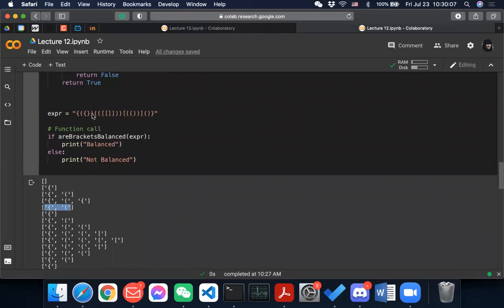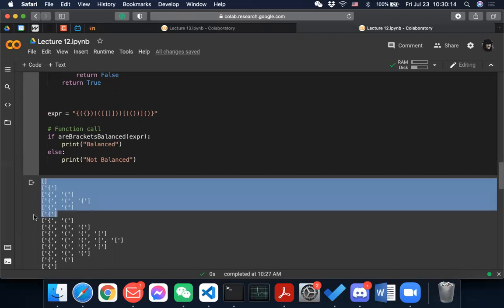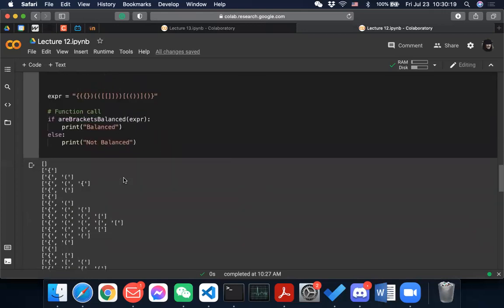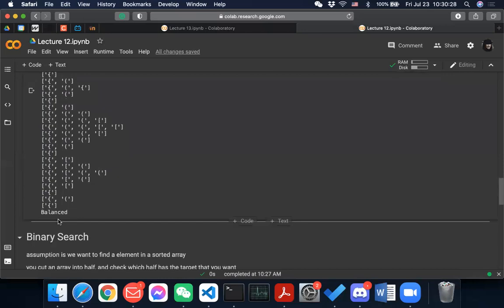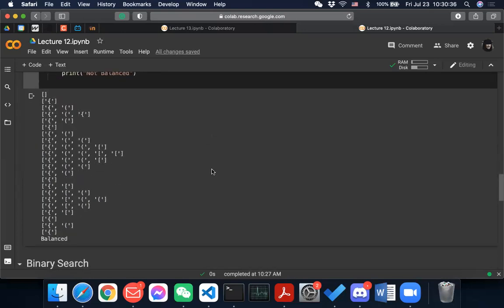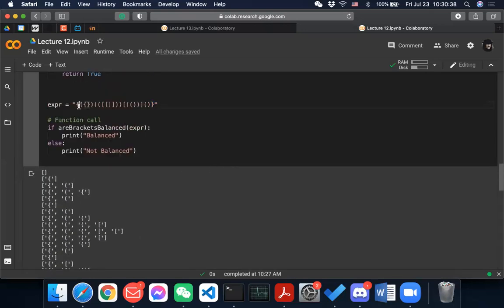You have another right-hand side of the round bracket, and then you have this. This is matched, so you pop out. And then now you have more left side, right? If you have more left side, then append in. And then you have more right side, then pop out again and again, right? And then left side and right side and popped out. And then finally you have a right side of the curly bracket, and then it actually pops out